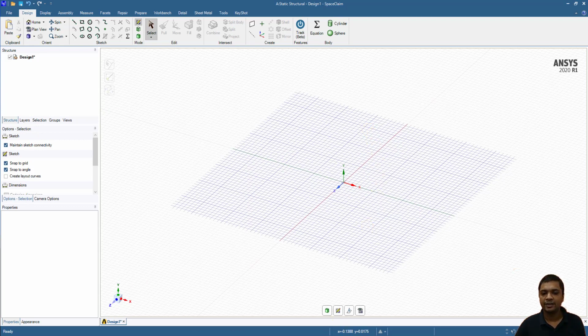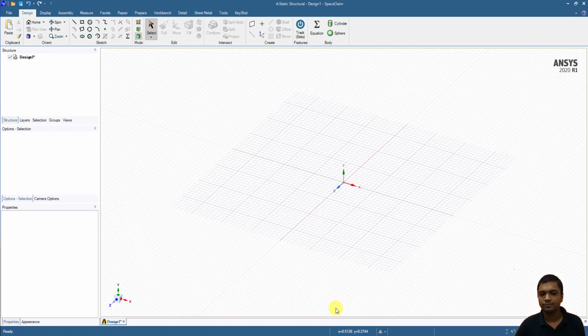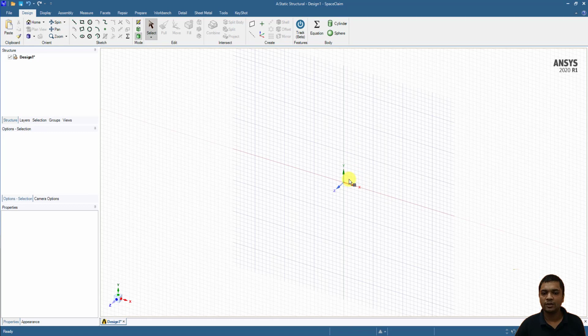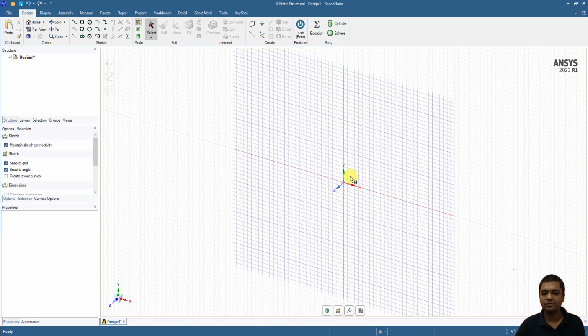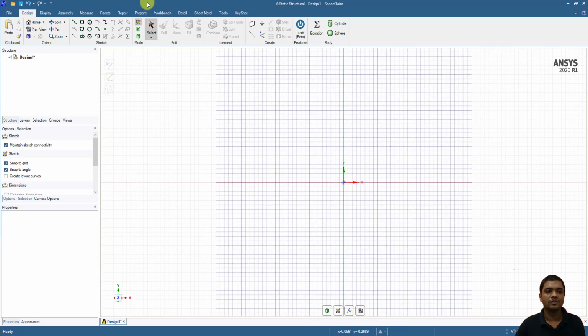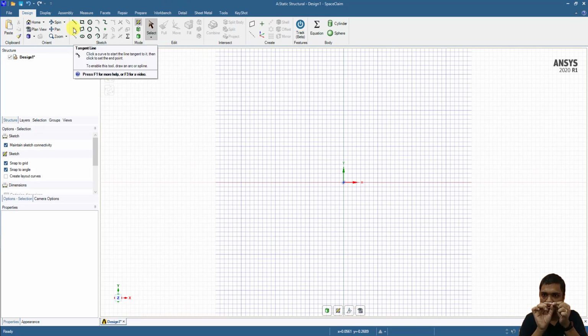Let me change the sketch plane from the bottom buttons. Let me take the XY plane. I will go near the XY plane and click there. Will look normal. Now I'll go to the design and I will make a midline of our I-beam cross section, and then I will assign the section properties to this beam. So let me draw the midline.